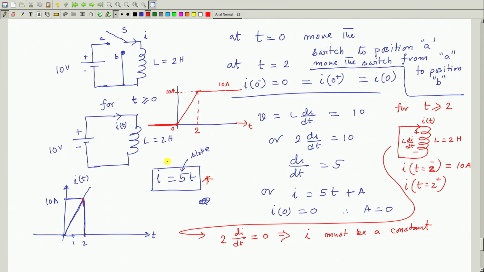Current was growing like this. For a practical circuit, it will not happen like that. Inductor may burn if you just keep pressing this 10 volt constant across the inductor. Suppose at t equal to 2 second, 10 ampere is the rated current, and you decide to move the switch from A to B, from this to this. So, move the switch to position B. In that case,